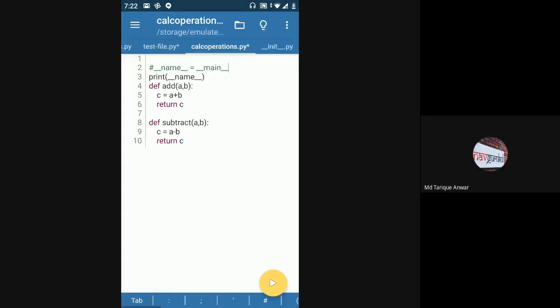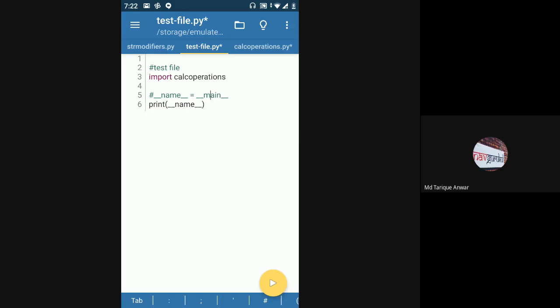So once more, I'll just revise it. Whenever we are executing a certain file, first of all, every .py file that you create will have a __name__ variable associated with it. Even if you have not defined it, internally it gets defined. Internally, whenever a Python file is created, there is a __name__ variable associated with that Python file.